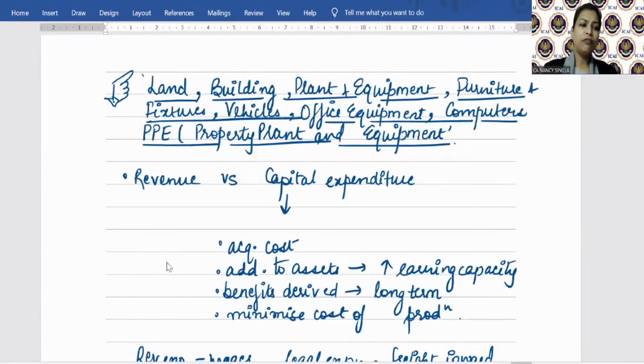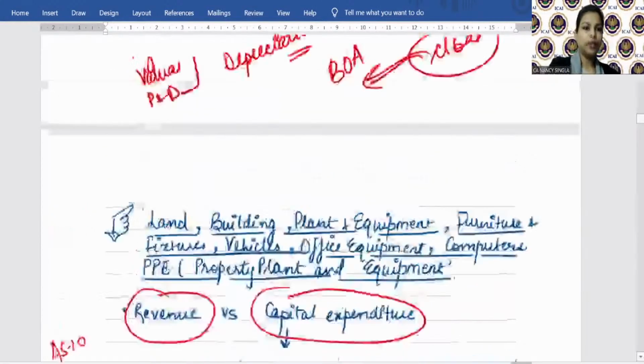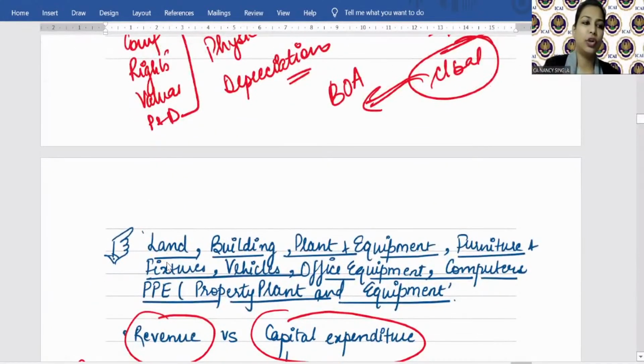One more thing, when all of you have said that ma'am AS10, so students, see, with respect to plant and machinery, furniture, fixture, vehicles, office equipment, computers, like basically with respect to the property, plant and equipment, the auditor needs to consider a very important point, that whether any expense needs to be charged to the P&L or it needs to be considered as a capital expenditure and to be added to the cost of the capital. ठीक है? Tell me, just give your answer 1 and yes, 2 and no, like whatever is the answer.